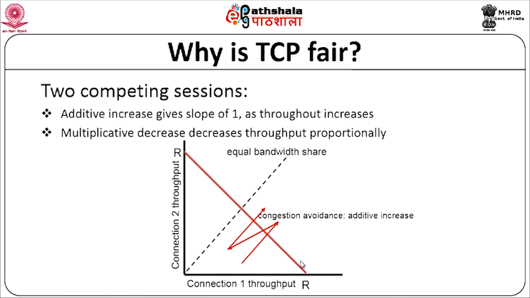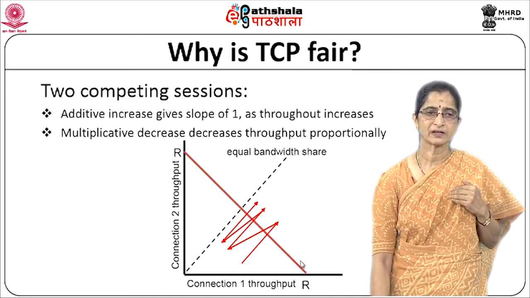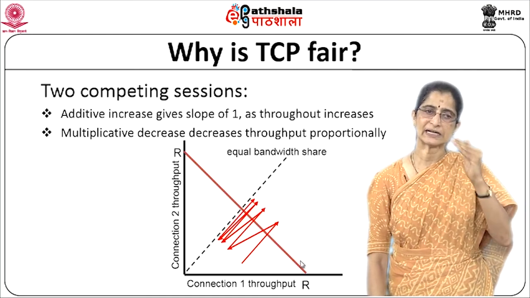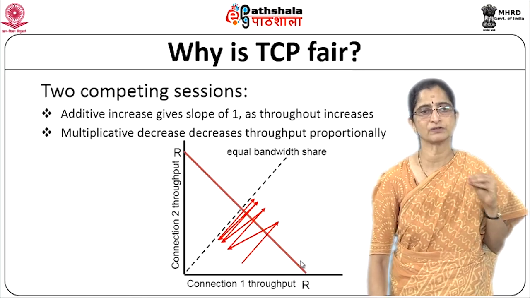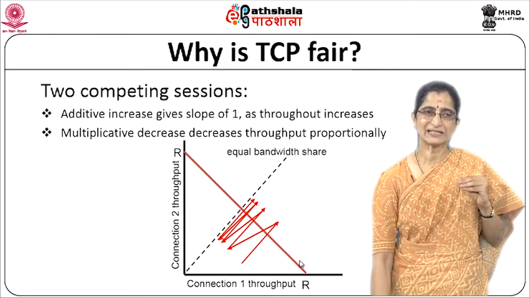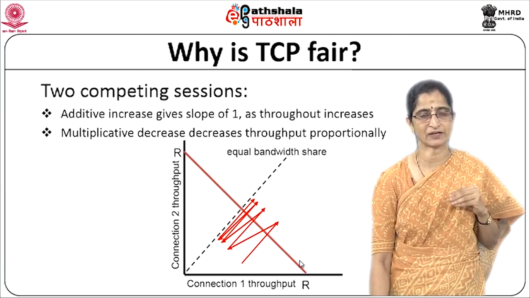Again, if a loss occurs, what will happen? There will again be a decrease in its throughput, and then again there will be an additive increase phase, so it will start increasing. Now, the same process will keep repeating, so much so that they will start approaching that point where you will actually have fair transmission, that is both of them will have equal bandwidth, right. So, this is what we expect to happen. In a sense we can say that with this process of AIMD in place, TCP is fair.